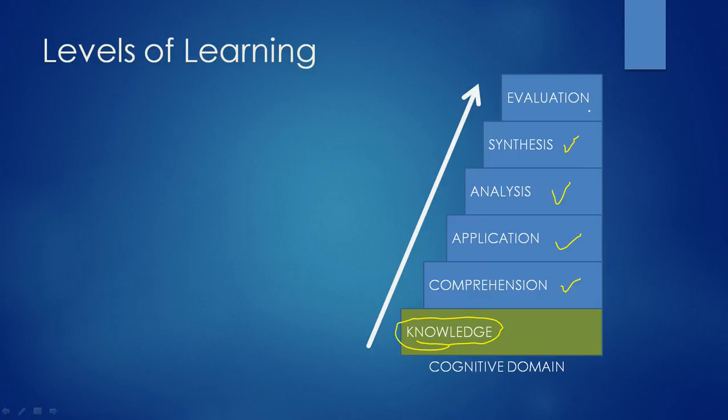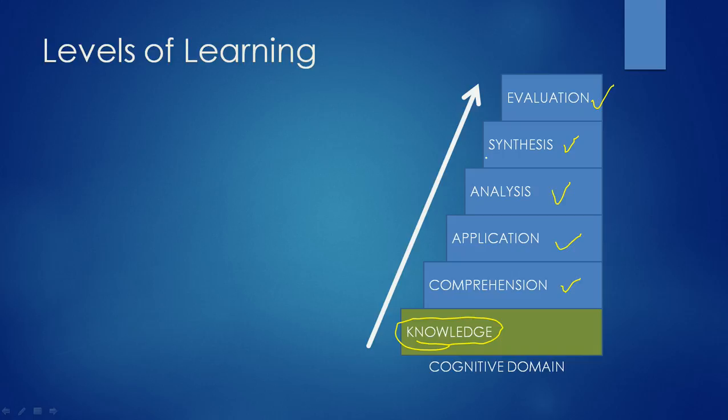An evaluation is the highest level of the cognitive domain, and it's concerned with the ability to judge the value of material, whether it be a statement, a concept, or a theory, and these judgments are based on predefined criteria. So think about somebody who comes in as an evaluator. They are looking at predefined criteria and evaluating if that thing, that performance, that building, that concept, whatever, meets certain criteria. Okay, and that's the highest level there.